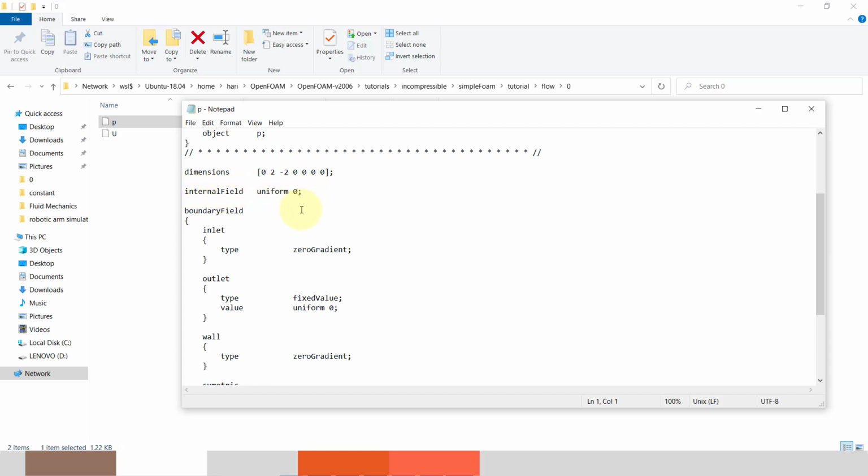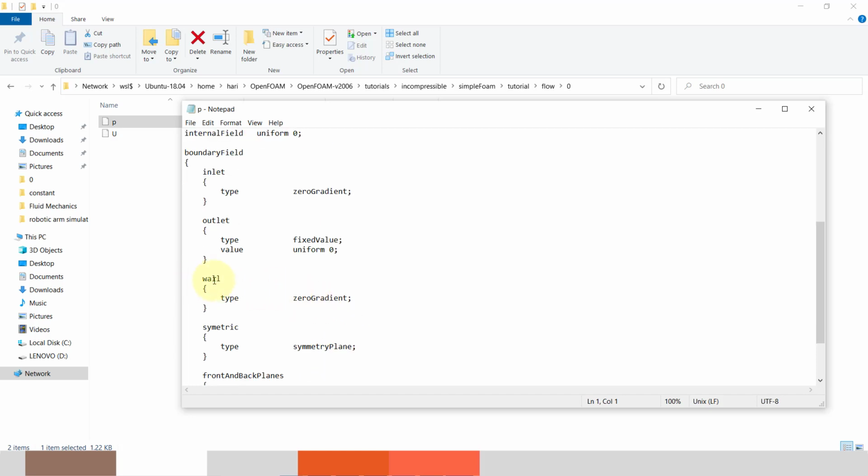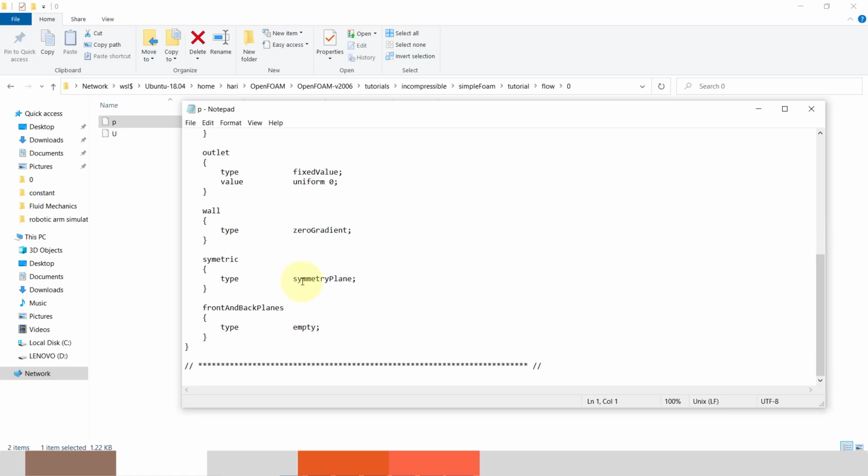The inlet is zeroGradient, and the outlet is uniformly zero, which is atmospheric pressure, and our wall is zeroGradient. Symmetric is type symmetryPlane. The bottom plane is symmetric, and the front and back planes are empty, because in the z direction we have no result in our simulation.